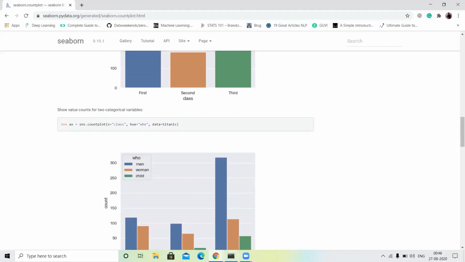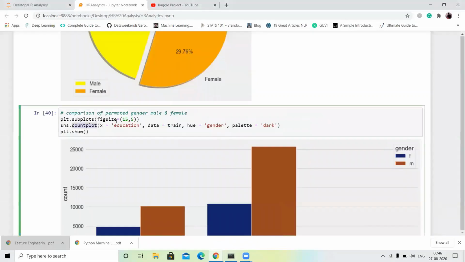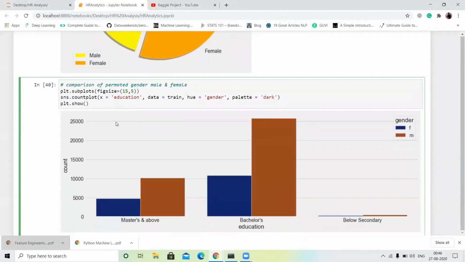Okay, let's discuss our results. So sorry guys, you have to see in the master column. In the master degree, approximately 10,000 is male and 5,000 is female.